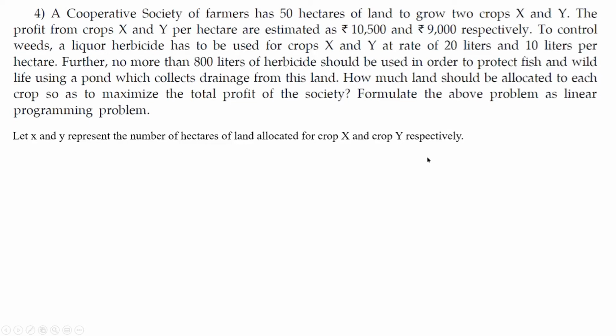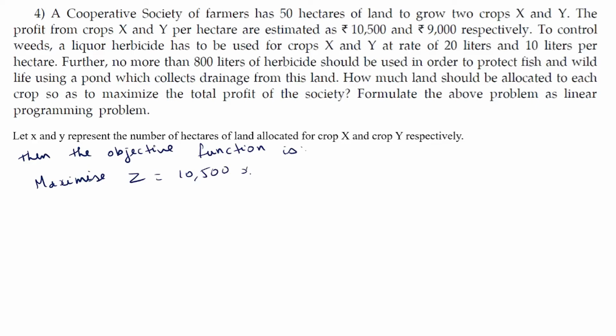So let X and Y represent the number of hectares of land allocated for crop X and crop Y respectively. Then the objective function is we have to maximize the profit from crop X and crop Y. So we have to maximize 10,500 X plus 9,000 Y. Then the objective function is given by maximize Z equal to 10,500 X plus 9,000 Y. Now what are the constraints? Subject to the constraints,